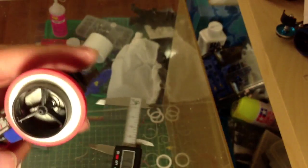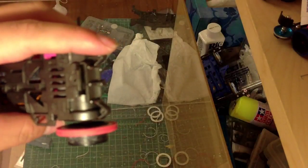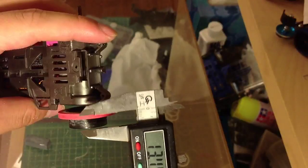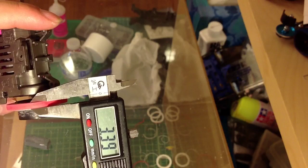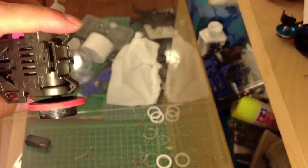And let's see the width of the tire. Let me give it a better angle. Okay, so right now the width of the tire is 3.39 millimeter. People ask me what's a better size for the width. Let me tell you,